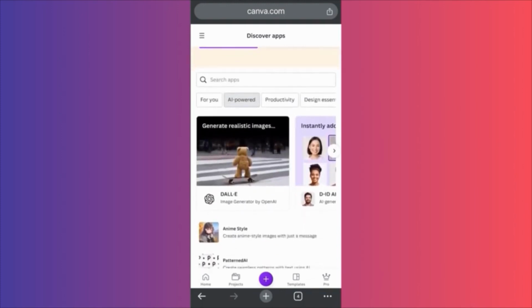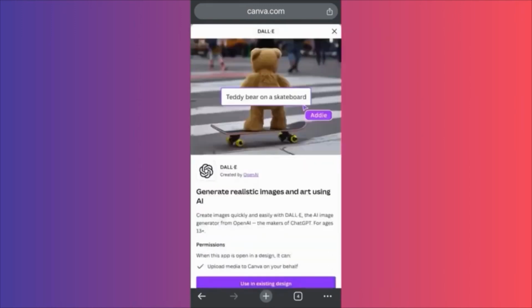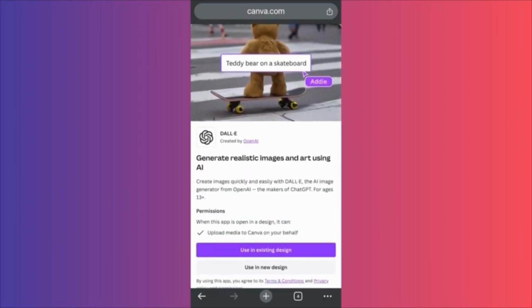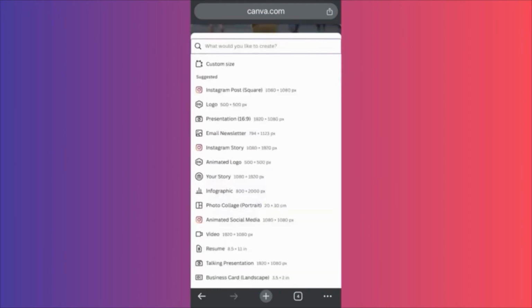We made probably 15 different videos yesterday on Magic Studio, the AI image generator from Canva. So guys, you want to make sure that you check these videos as well. Let's jump into DALL-E. Let's click on it. The way DALL-E works inside Canva is that you will have the option to edit already pre-made content, picture, video, or you essentially can create a brand new design over here. For this example, I am going to click new design. So guys, we're going to create a logo with DALL-E, okay?